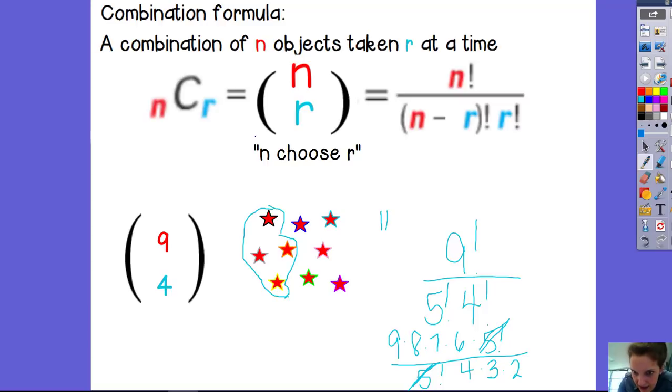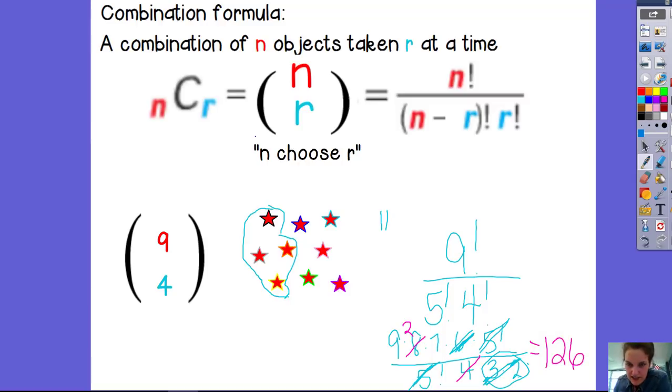Then I see I have a 3 and a 2 right here. That's 6 if I multiply that. So this 6 and this 6 are going to cancel out. And then I have an 8 and a 4. 8 divided by 4 is 2. So I'm going to cancel out the 4, and then the 8 will be a 2. So I'm left with 9 times 2 times 7,